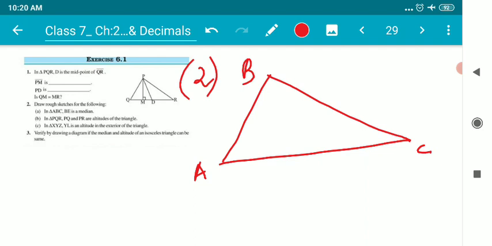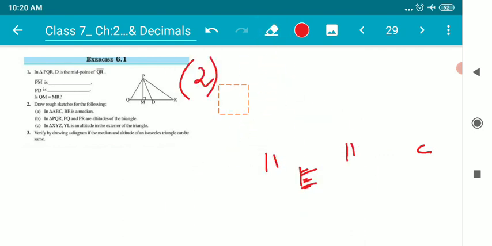So here in this triangle, the triangle is ABC and the name of the median is BE. Children, this is BE and this is the median. Now the question is, sir, what is a median? A line segment that divides a side of a triangle into two equal parts. So this one and this one, these two are equal parts. BE is a median which is making AC into two equal parts, AE and EC. So this is the diagram for question A.